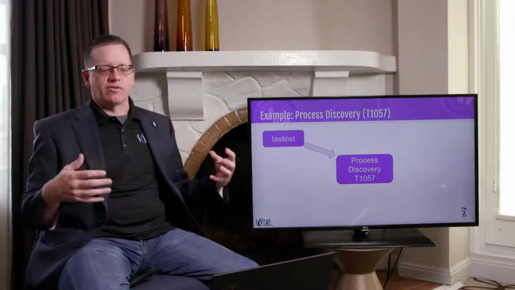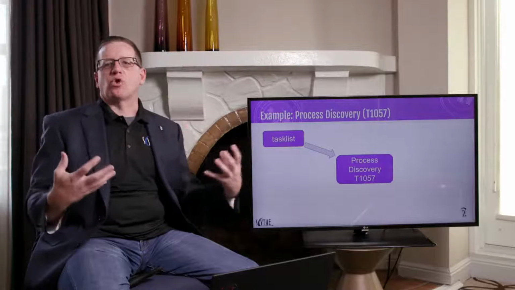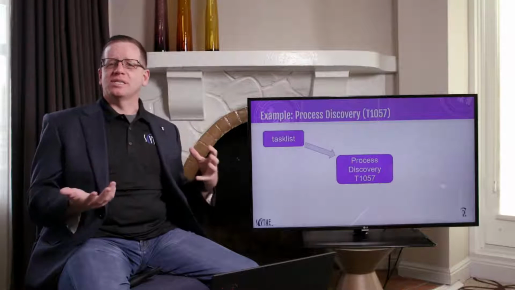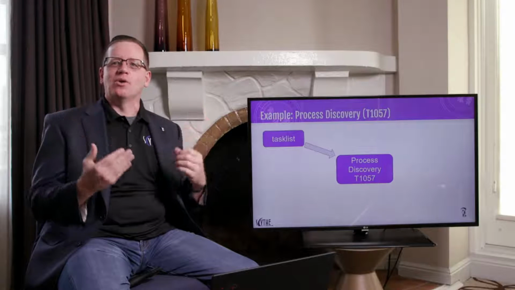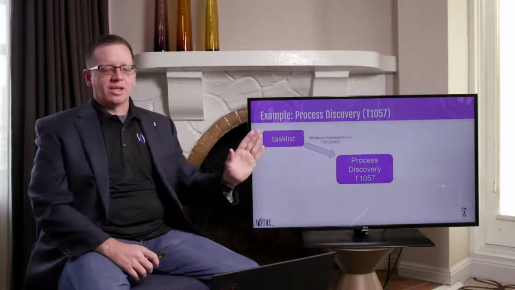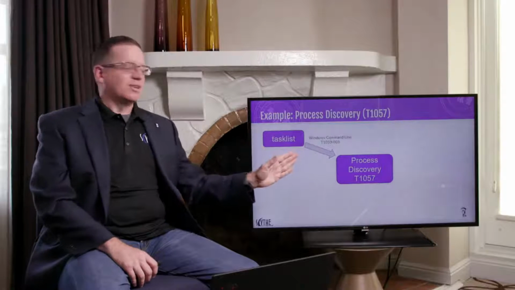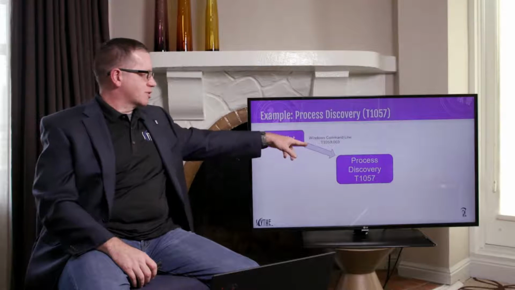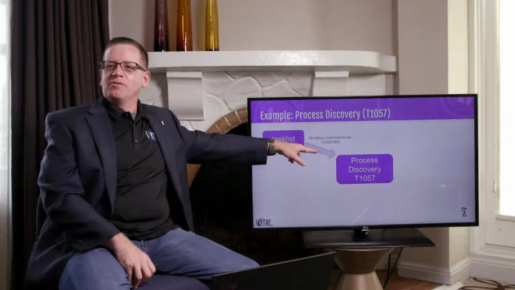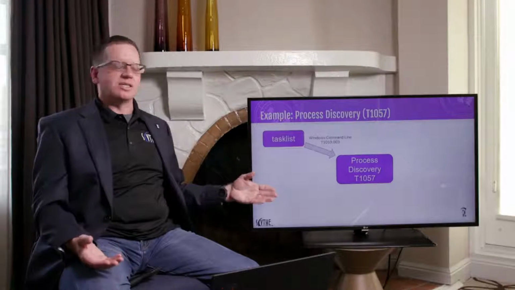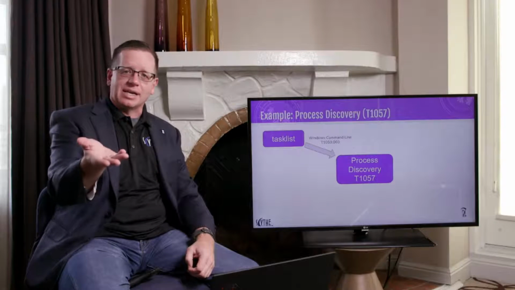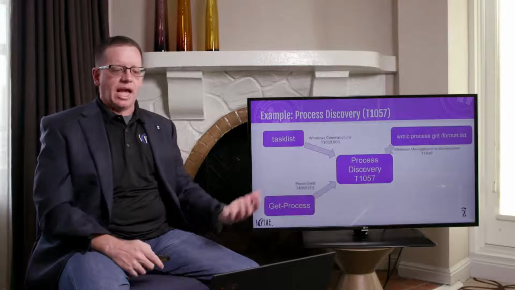Now, at a procedure level, how do I actually execute process discovery? And process discovery is something so stupid simple you would think there would be exactly one way or one code for this. I have tasklist. Well, I don't mean to be the wet blanket, but when you run tasklist, you're running that from the Windows command line, which is a different technique code. So now if I'm doing process enumeration with tasklist, is it T1057 or T1059? The .003 is a sub-technique. Is it that? How else can we do this?